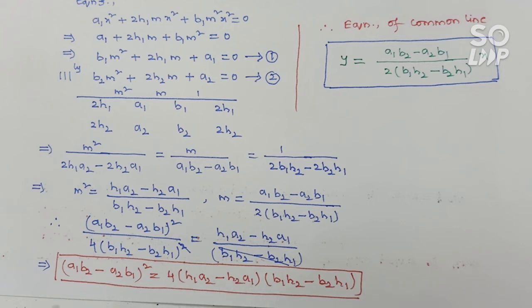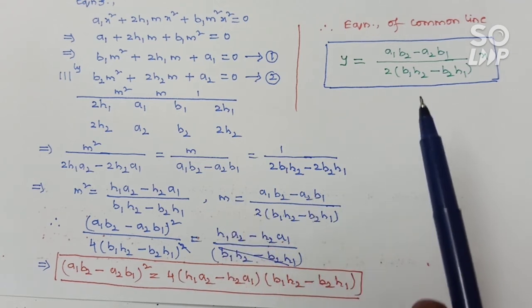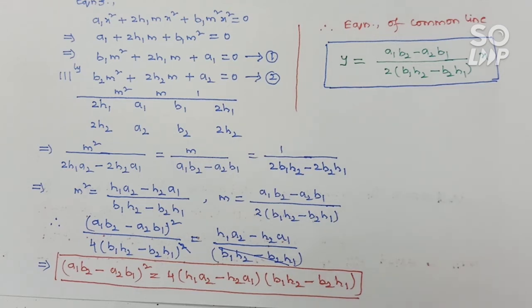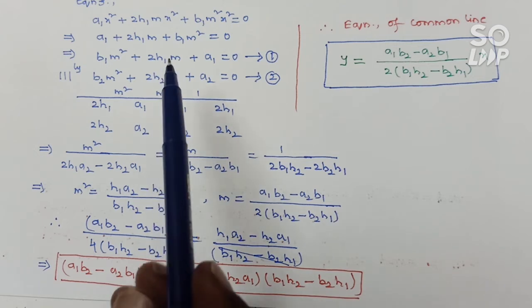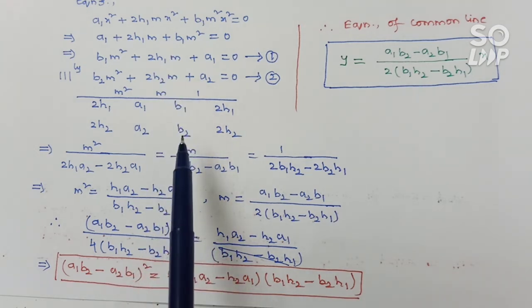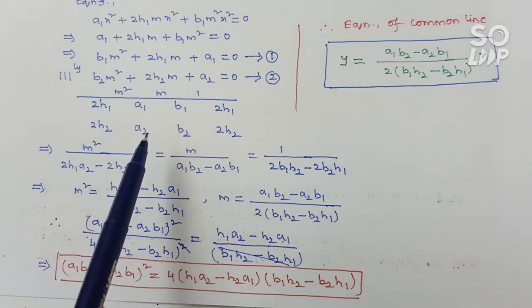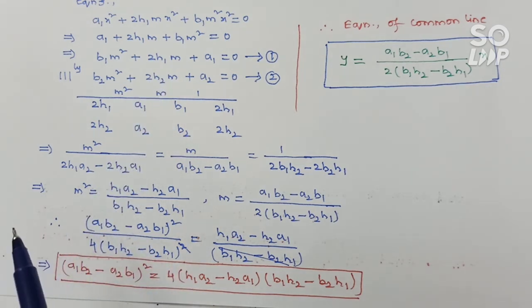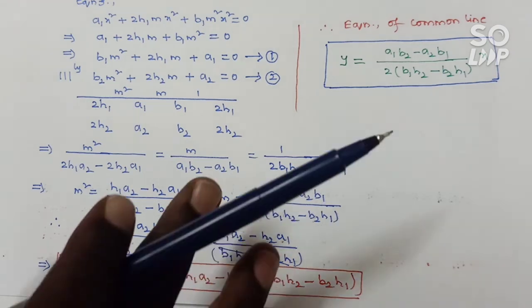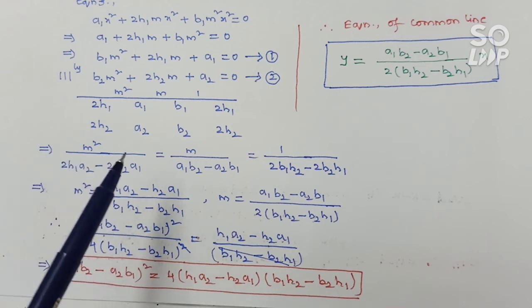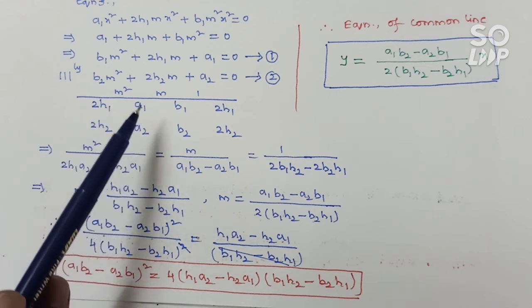And next, if you want to find the common line, then we can use this one. Or the simple method is that you follow the above procedure. If you follow this procedure without any mistakes, you can get the exact answer. But it is a time-taking process. If you practice, you can do this model problem directly with this method.